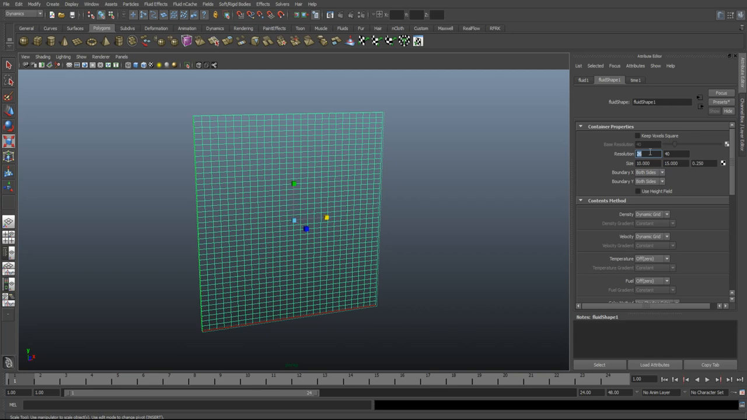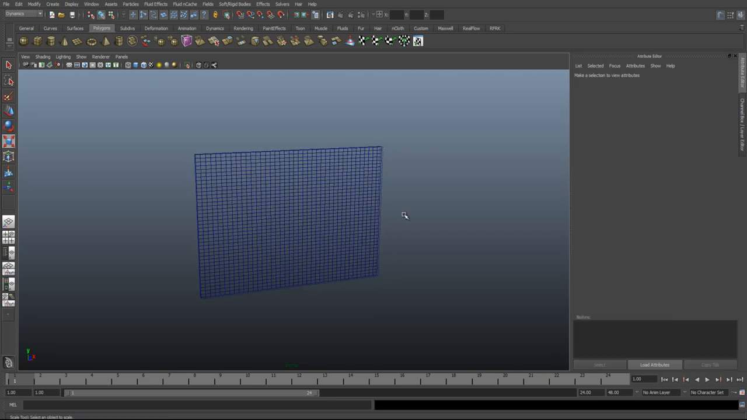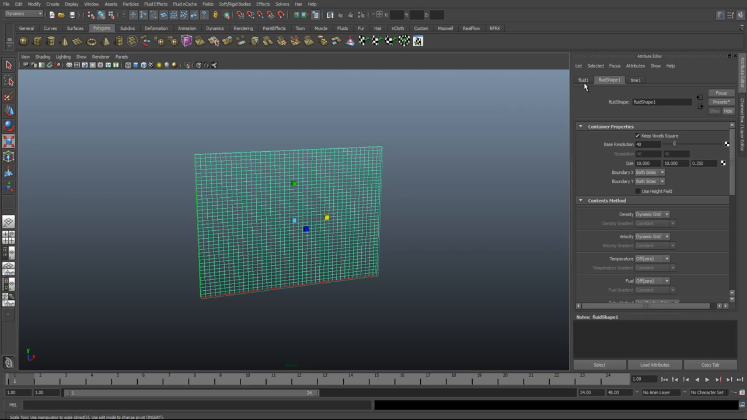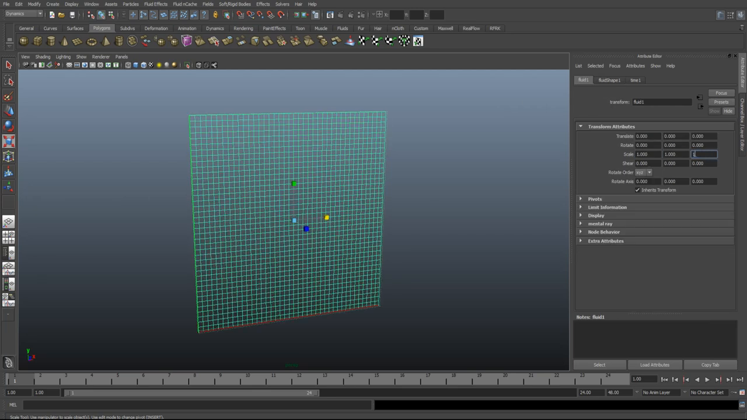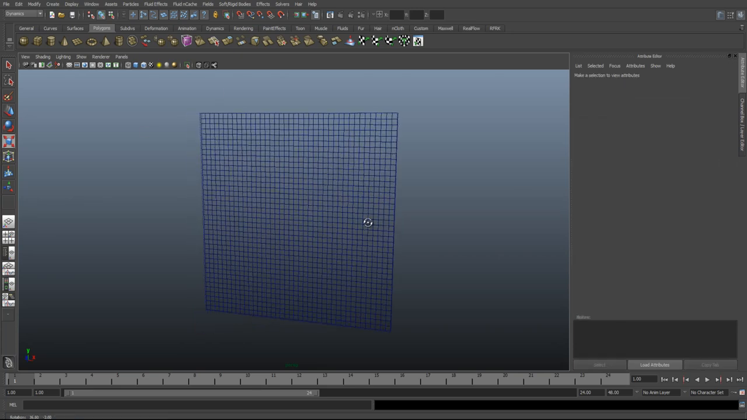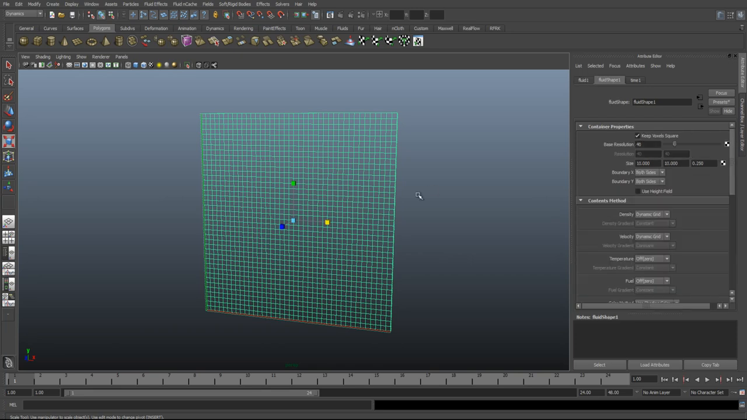So if we just put this back to 40 and 40, and this back to 10 and 10. There we go. I've actually changed the size of my fluid container now. So I'll have to put my scale back here to 1, 1 and 1. And we go back to a perfectly square container with perfectly square voxels. This is not something that you should really spend too much time worrying about unless you're going to dive into more advanced fluid simulations. But just keep in mind that you generally want to keep your voxels square,